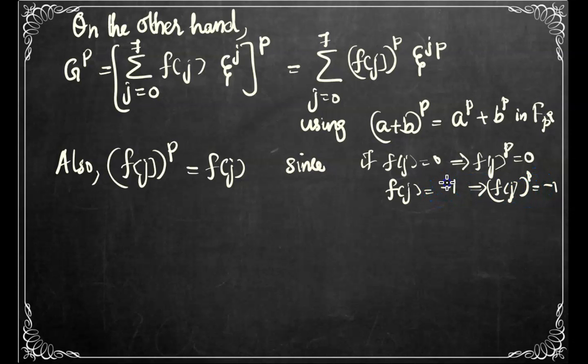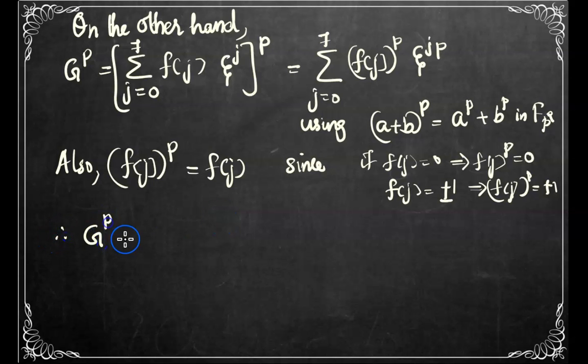Similarly, if f of J is equal to plus 1, f of J whole raised to P will be equal to plus 1 also. So in general, we can write f of J raised to P is equal to f of J. Applying this result, we get